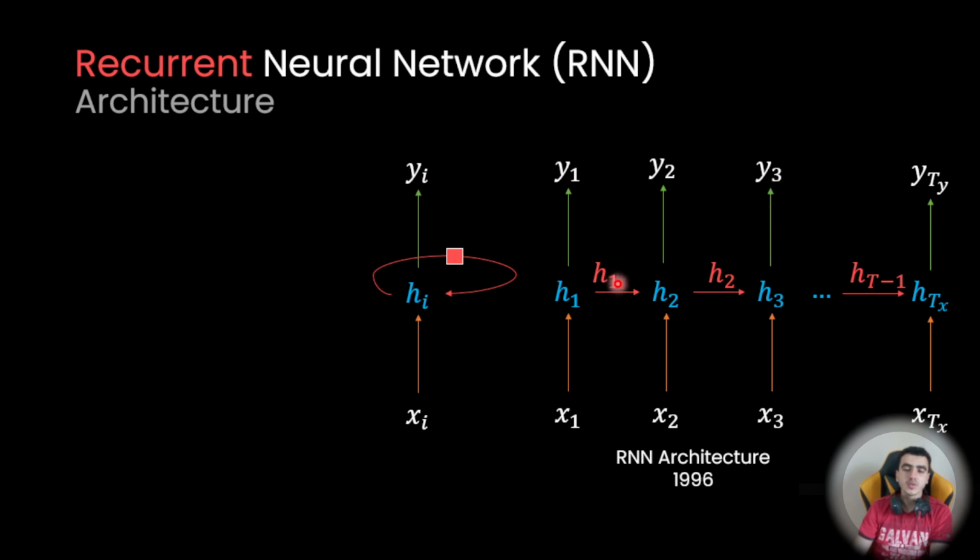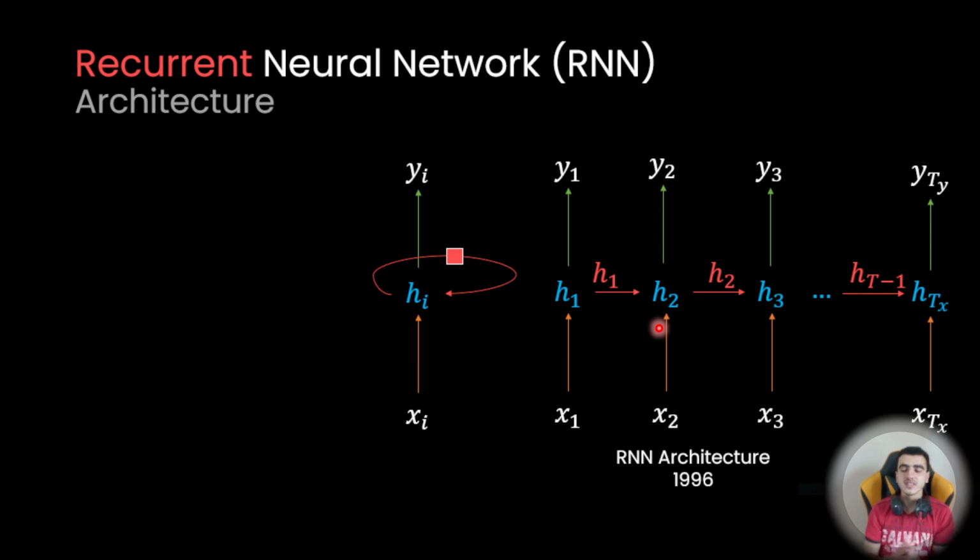Passing the information to the next tokens in this way is the core strength of this architecture. The main idea is to pass the information to the next tokens and make the neural network aware of the context of the previous information that has been learned